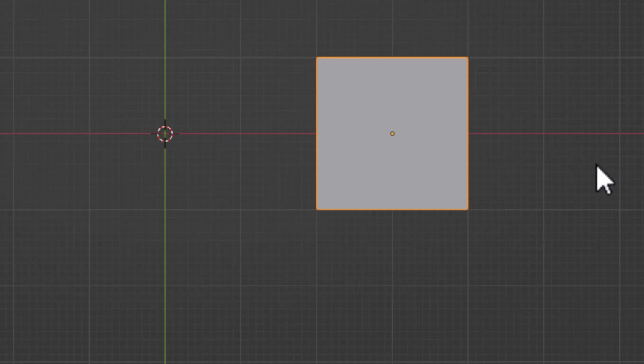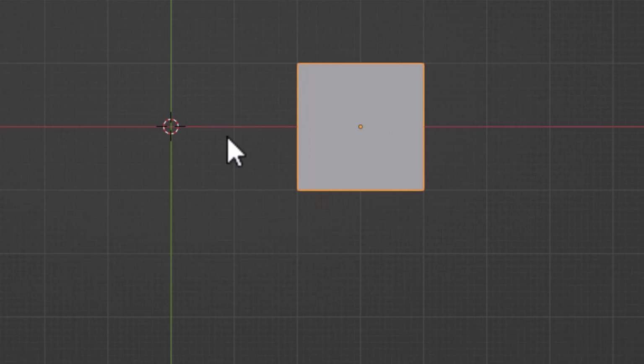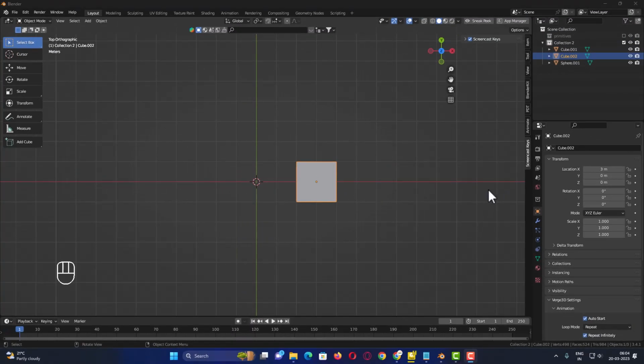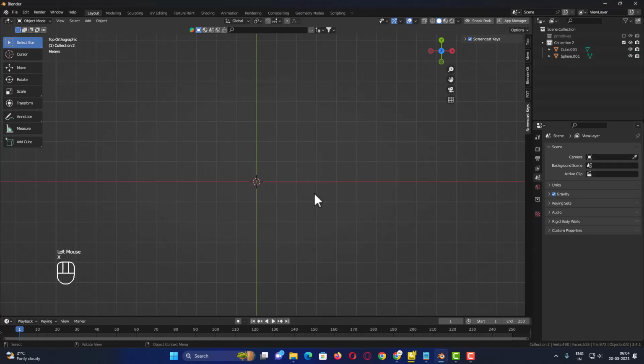So, now what I want you to do is learn how to add primitives into your scene. I want you to add all the primitives in a line here at different points. I will give you a tip. If the cursor is here at the center, I will just select this cube, press X and delete it.